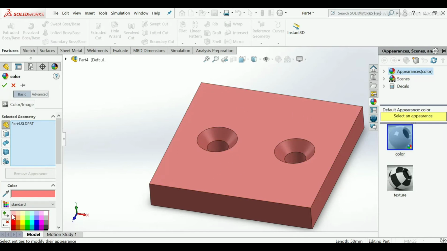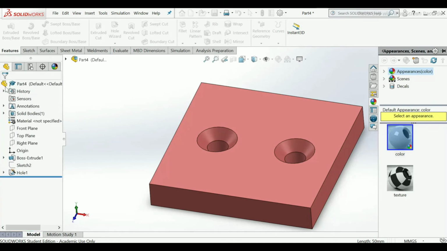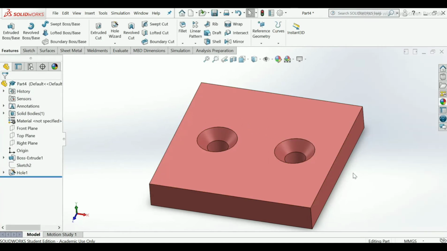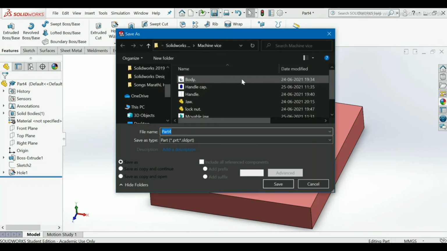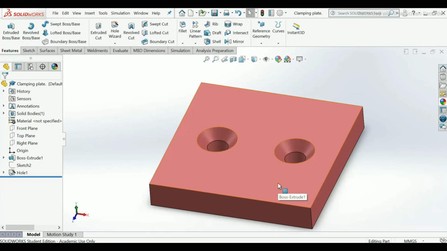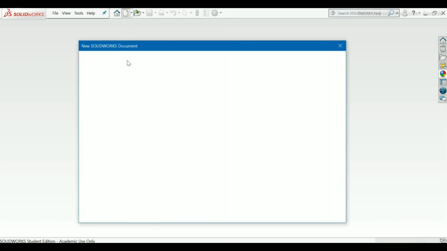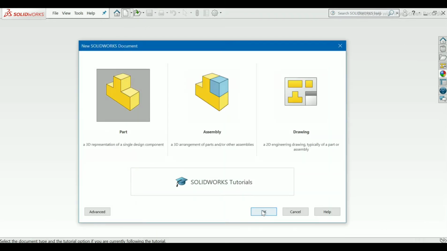I will prefer this red color. Okay. Save this component. Close this. Select the part. Okay.